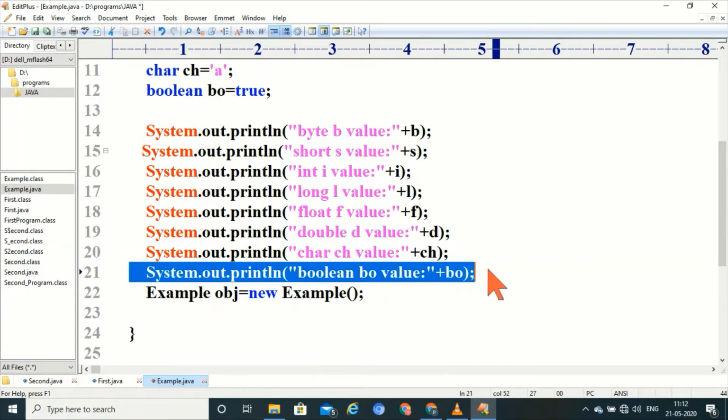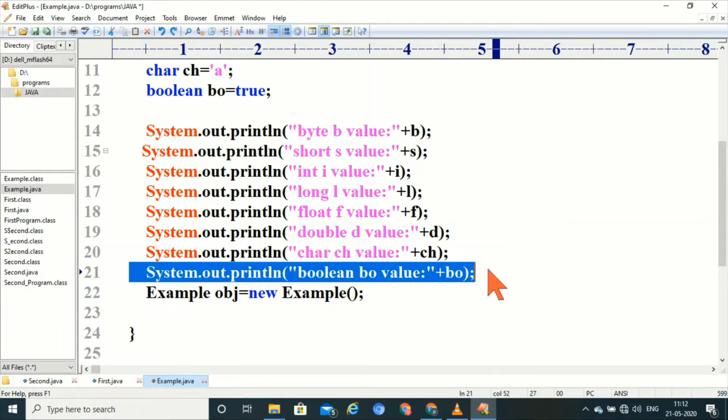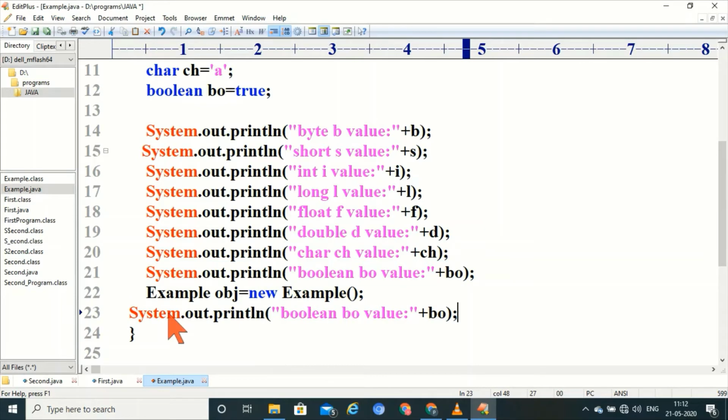I'm printing the obj value here, object dot toString, object, Control.